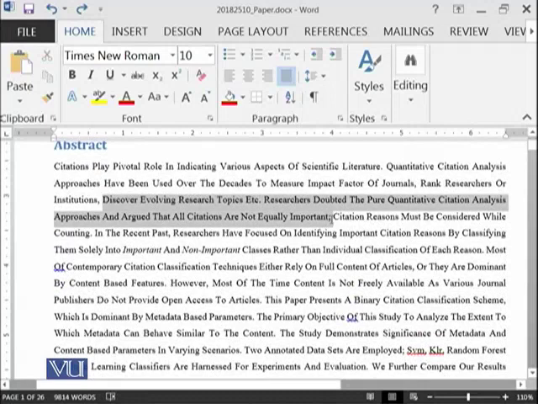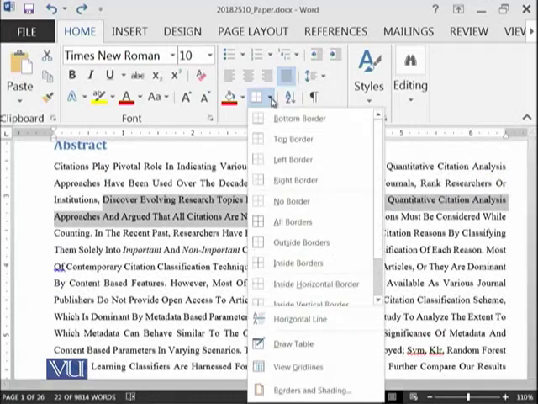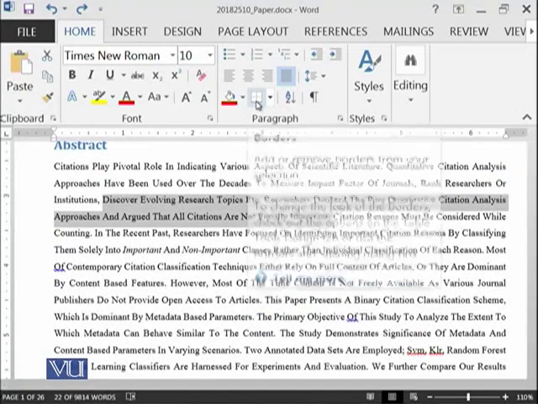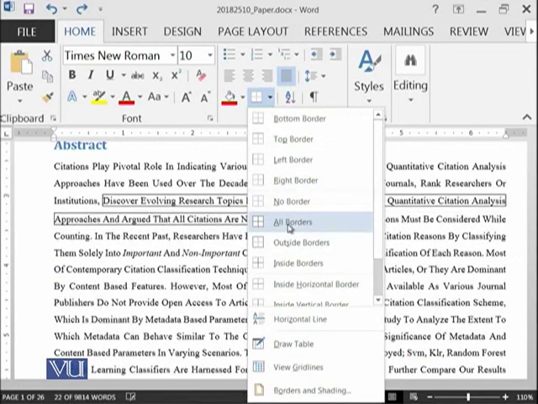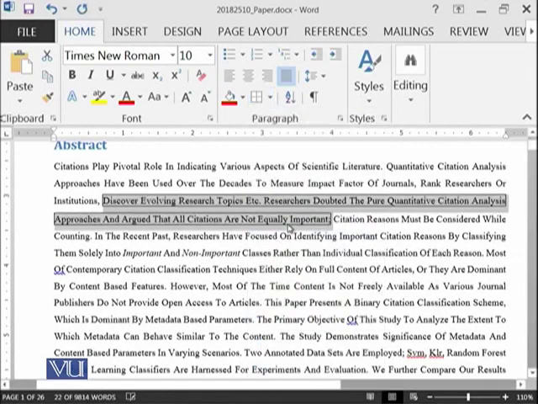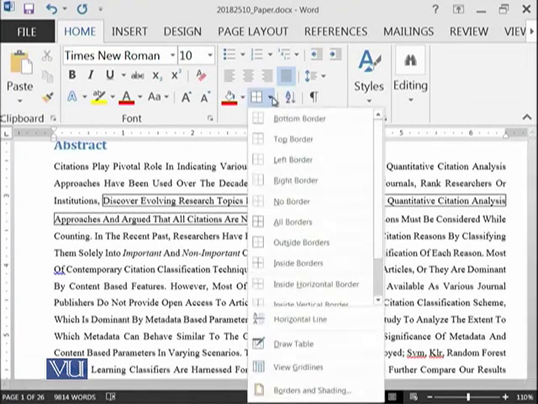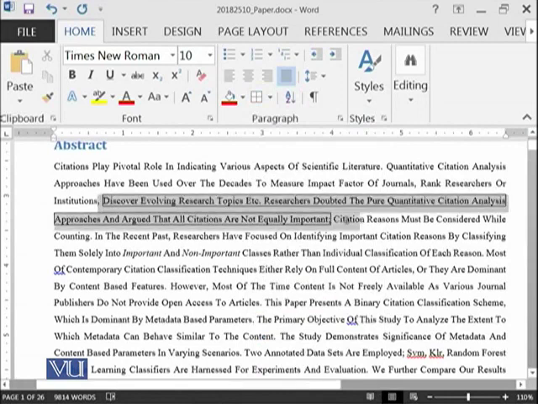Like if I select this thing and select this button, it is basically the borders. So I say that I need a border all around this text. So if I click over here, whatever I had selected has been put under the border. So you can see that the lines around it have appeared. This could be one of the ways to select the text using the borders, and there are a variety of borders